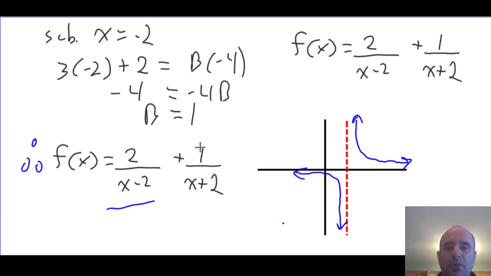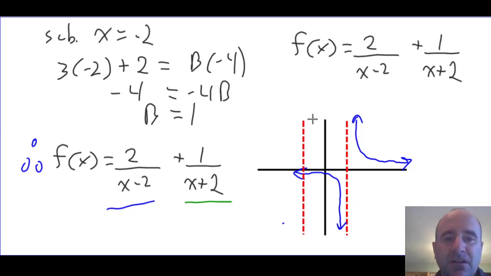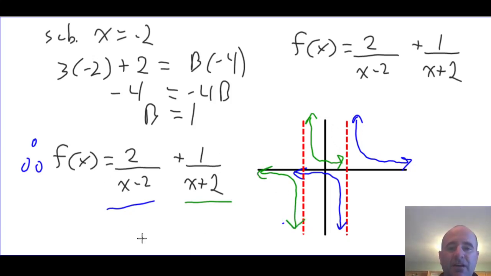And we also know what 1 over x plus 2 looks like. 1 over x plus 2 has a vertical asymptote at x equals negative 2. And basically the exact same shape. So it's going to look like this right here. And our resulting graph, f of x, is what we get when we add those two together. So again, back to this idea of adding two functions together to create a new graph. This plus this, or the blue curve plus the green curve.